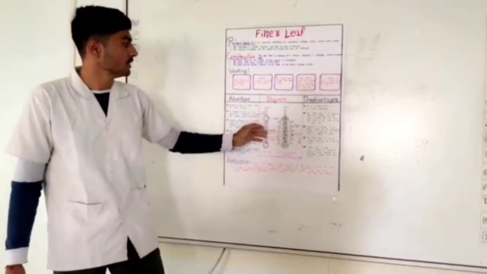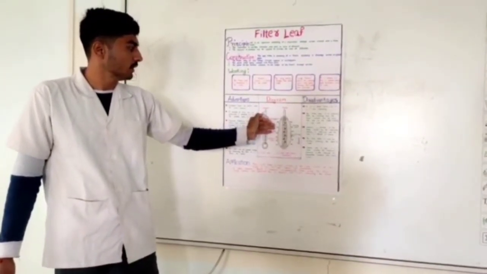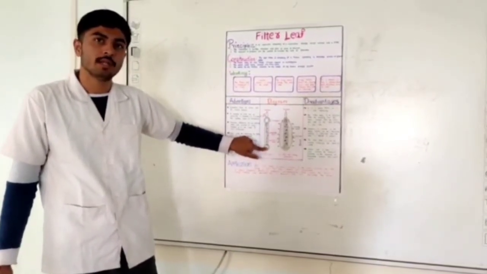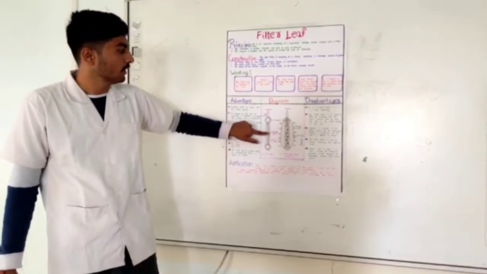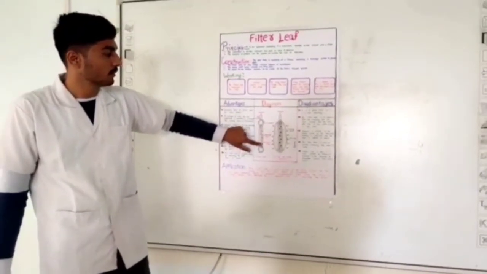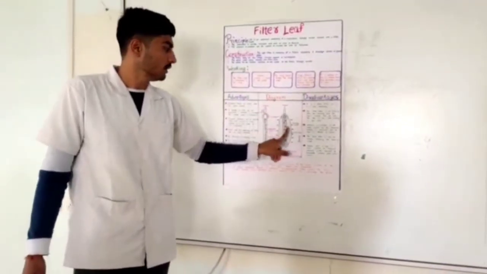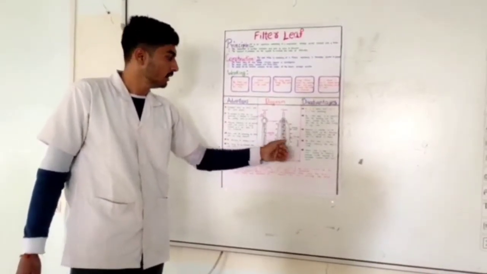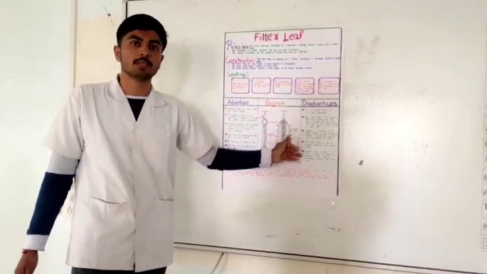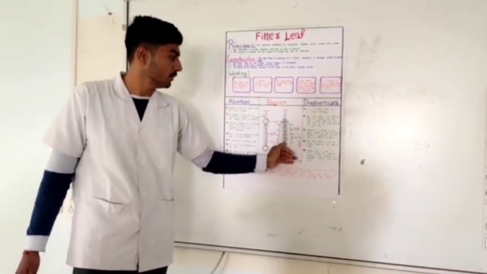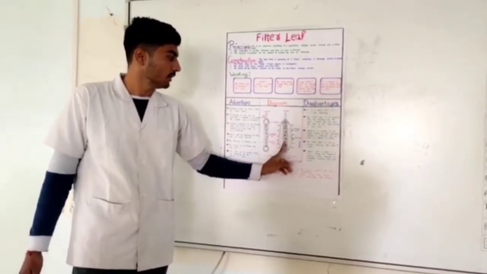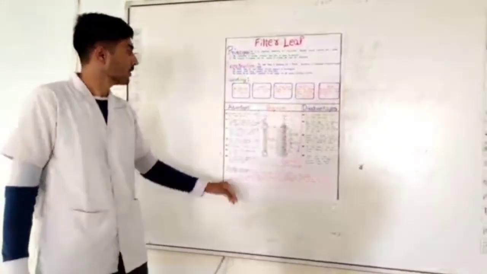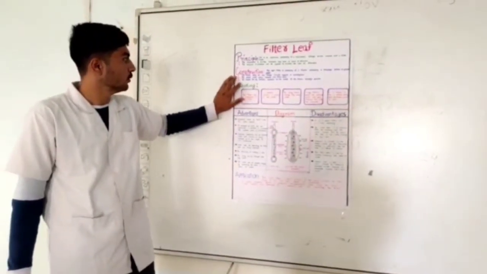So in the diagram, here you can see the outlet which is targeted towards this section, that is the vacuum. This is a drainage pipe or drain through which our liquid will be transferred from the slurry to the outlet. Here you can see during the process of filtration, it is surrounded by slurry from one side. This is a filter cake which is being formed during the process of filtration. Here is a drainage pipe which will be transferring the liquid from the filtration unit to the filtrate outlet. Now let us move towards the working and its construction.